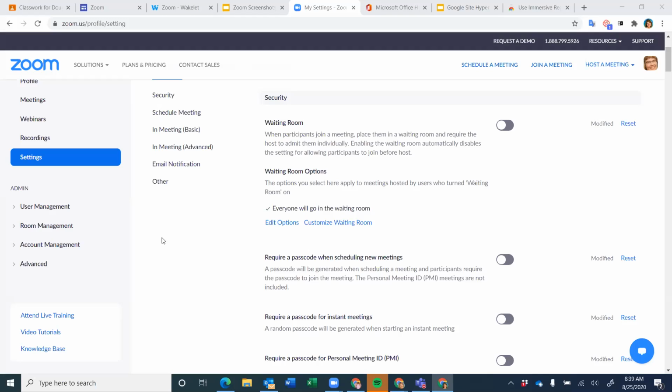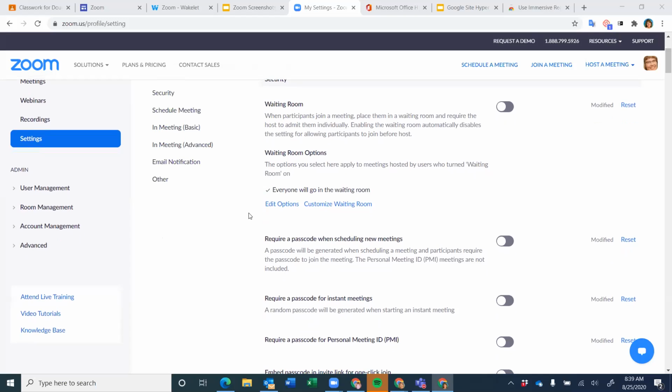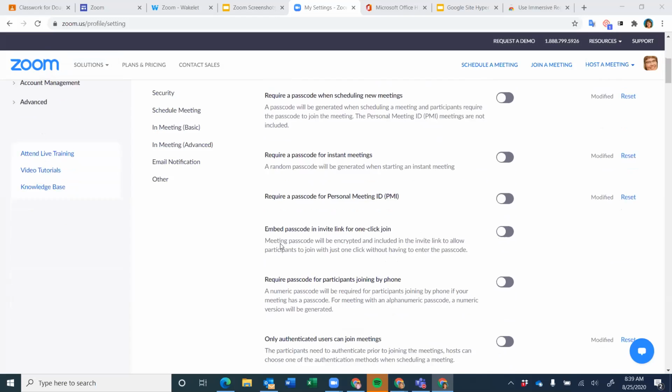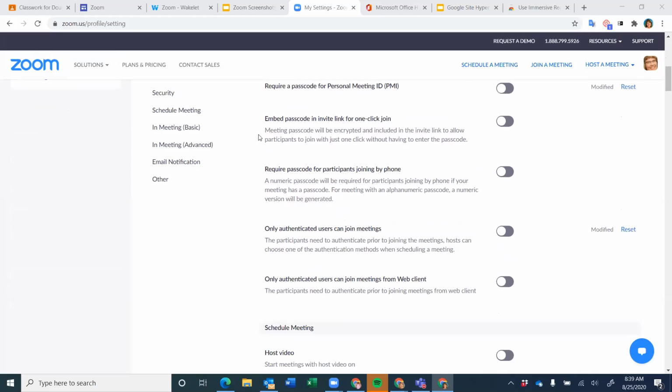Seriously, you guys, I really would spend some time looking at your settings. You go to zoom.us, log in with your Zoom account, and you're there. So, waiting room, passcode. One of the things that is nice is if you can embed the passcode into the link for one-click join, and that is really nice, especially for students, but I still find I have to share the meeting ID and the passcode separately too,